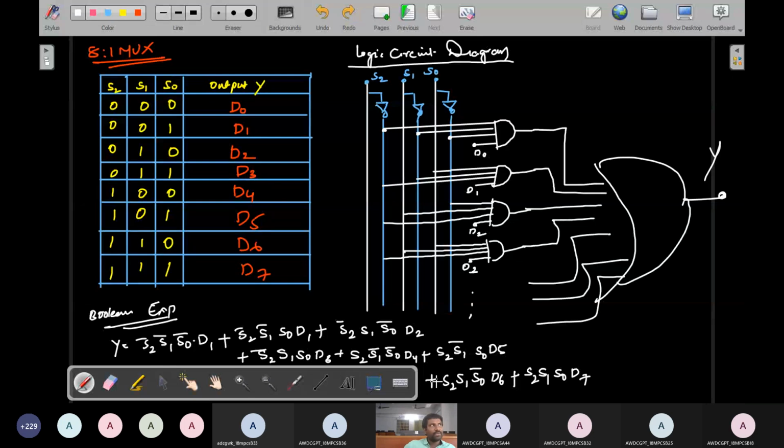I explain the types of multiplexer. I explain the multiplexer definition. After that, I explain the types of multiplexer: 2:1 multiplexer, 8:1 multiplexer and 4:1 multiplexer. I explain these three multiplexers. Now I will move to the advantages of multiplexer. What are the basic advantages of multiplexer? I tell you the advantages of multiplexer. After that, I tell you about the multiplexer tree, how multiplexers are used in a tree diagram.